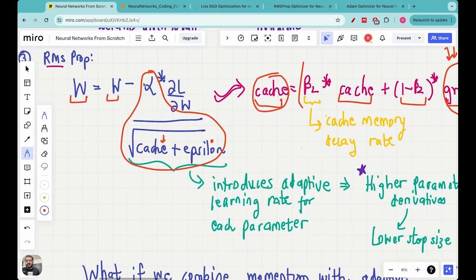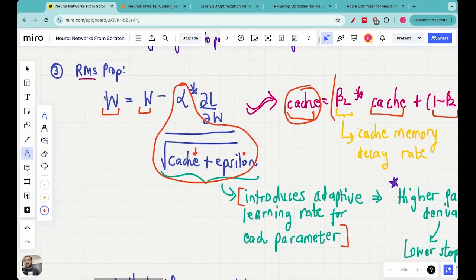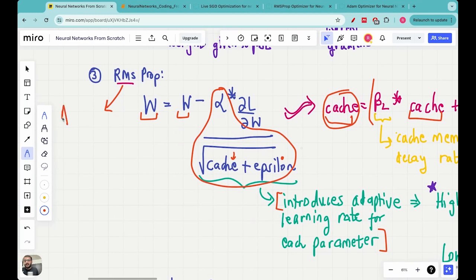So this thing which I have shown in the orange bracket here introduces the adaptive learning rate for each parameter. And that's the main idea of optimizers like RMSProp, or even optimizers like ADAGrad or ADA